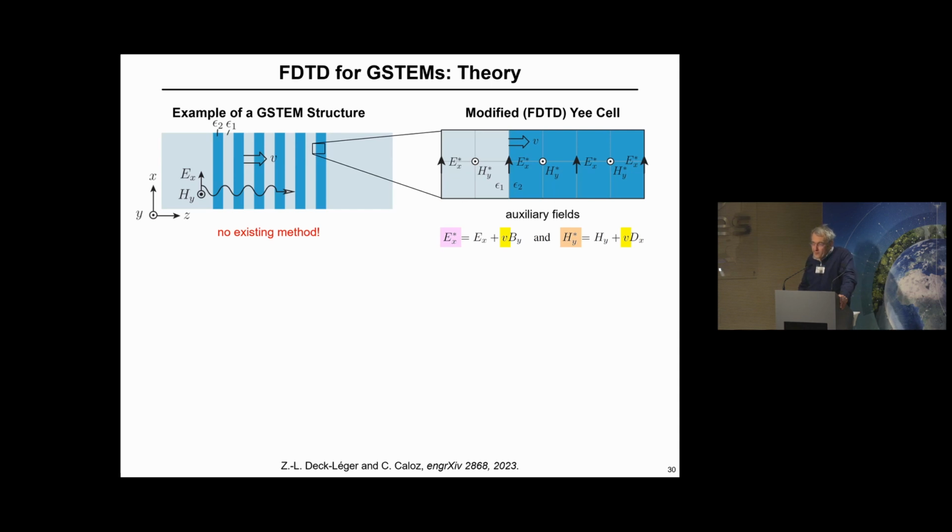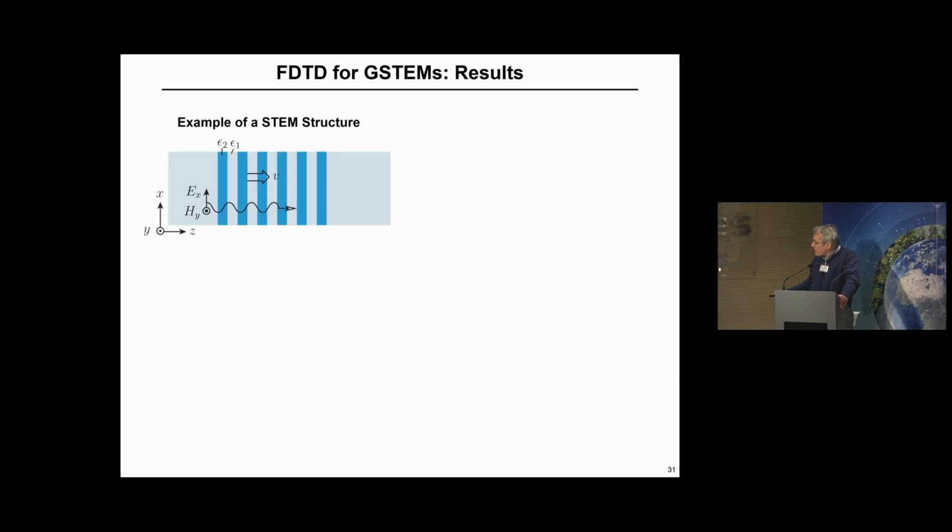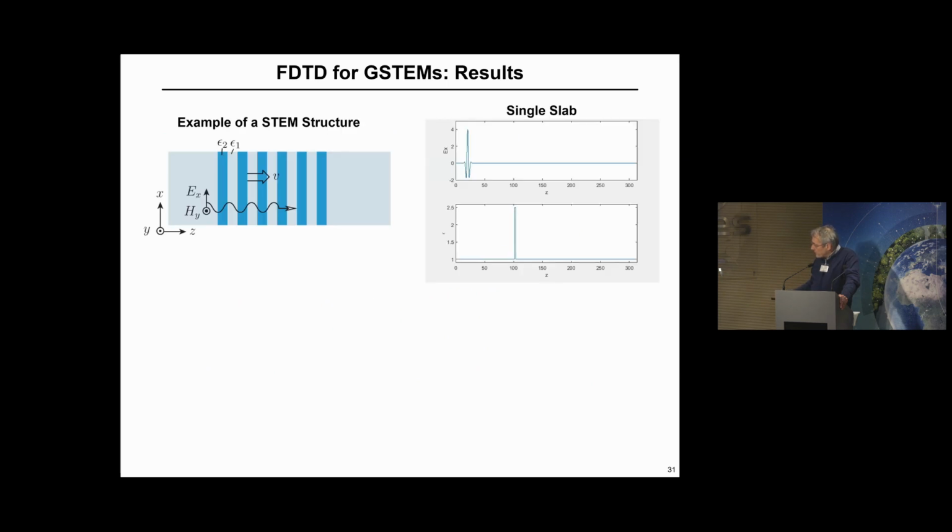So it's a bit like the Béranger PMLs, if you wish. We're using non-physical quantities to be able to solve our problem. And at each instant, we can transform back, okay? So if you insert this in the update equations, the conventional update equations are augmented by this